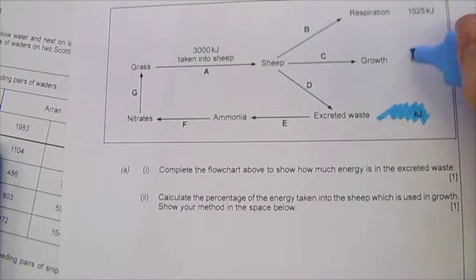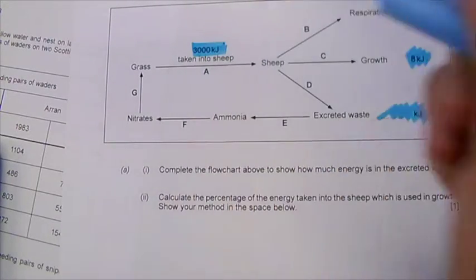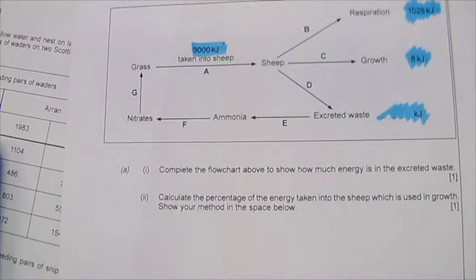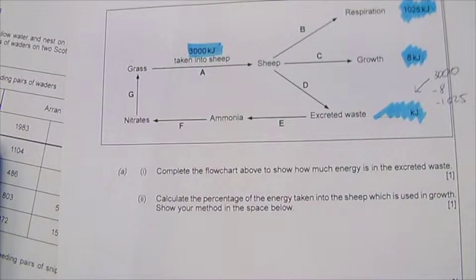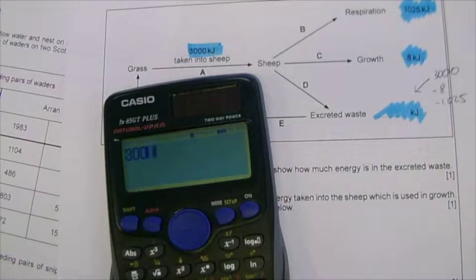In terms of what I already know, 8 kilojoules has gone out to growth and 1,025 kilojoules has gone out to respiration. So I need to find out what the input was to that. So the input was 3,000. So for me to work out this missing number here, I know that I've had 3,000 go into it, but I need to take away 8 and I need to take away 1025, and that will give me that missing answer there. So in my calculator, I'm going to put in 3,000, take away 8 and then take away 1025,